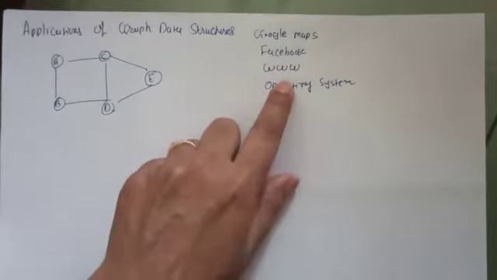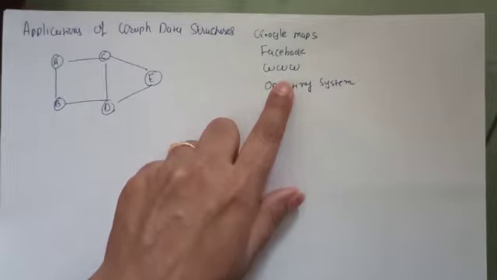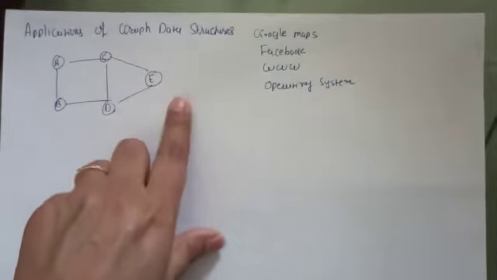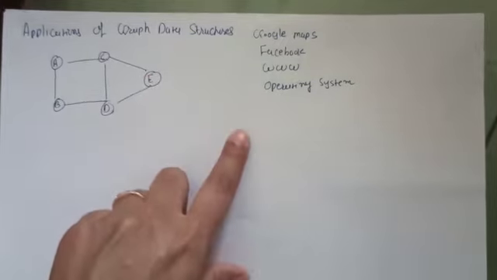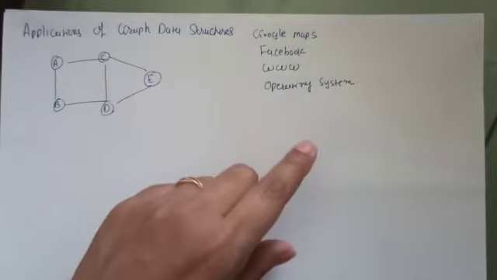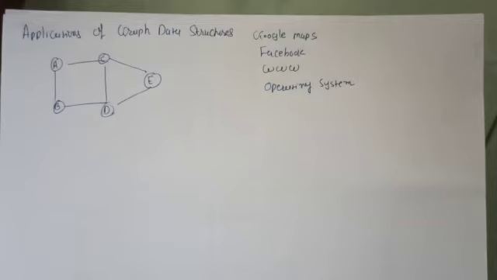Another application is in the World Wide Web. Web pages are considered to be vertices. There is an edge from a page U to another page V if there is a link to page V on page U. You must have observed that there is a collection of topics or indices on the main page, and if you click on one of the topics, it will direct you to another detailed page. So if there is a connectivity from page U to page V, then we may consider that there is an edge between U and V.